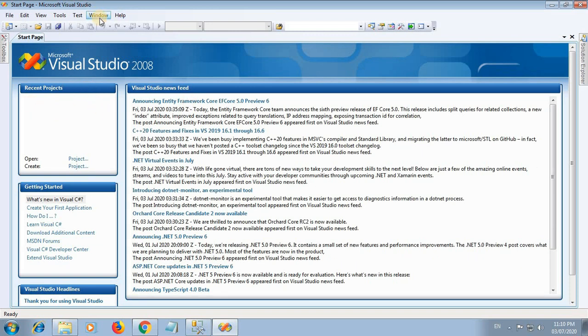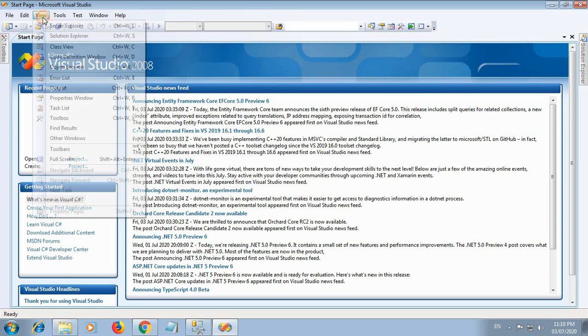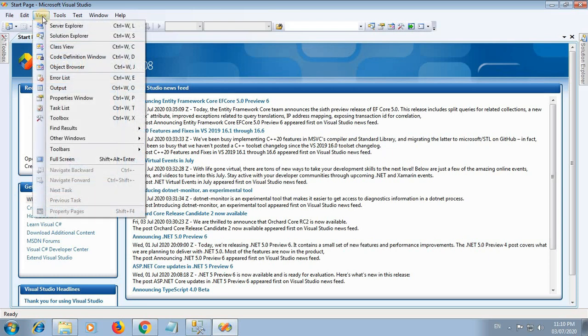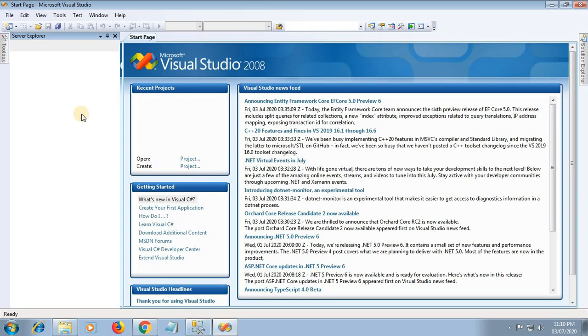For this go to the view menu, and from the view menu there is a server explorer menu. Click on this. So this is the server explorer window. This window can be used to configure a database, or you can create a database from here.